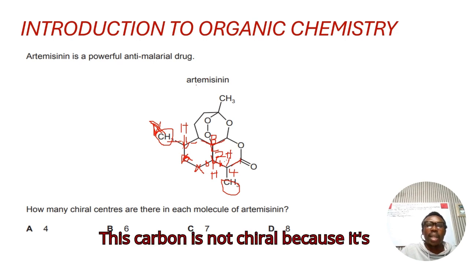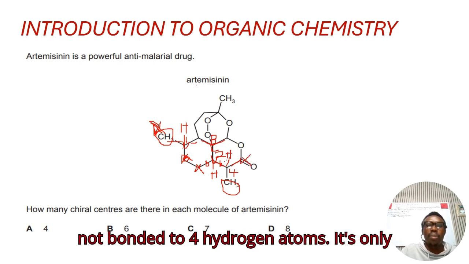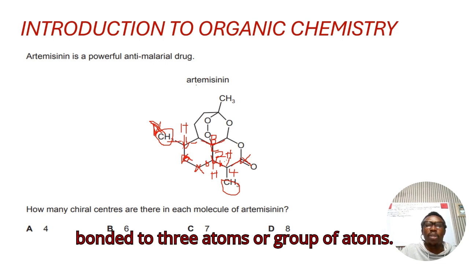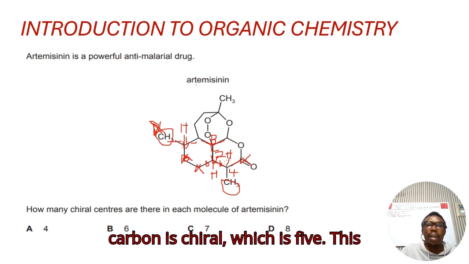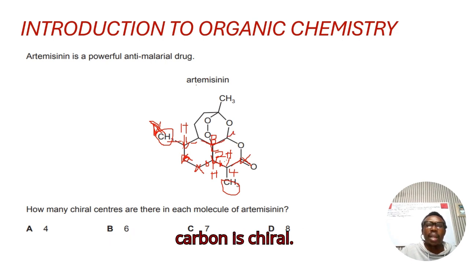This carbon is not chiral because it's not bonded to 4 different atoms or groups of atoms, it's only bonded to 3 atoms or groups of atoms. So this carbon is not chiral. Then this carbon is chiral, which is 5. This carbon is chiral